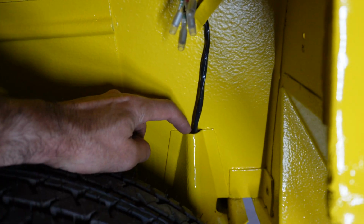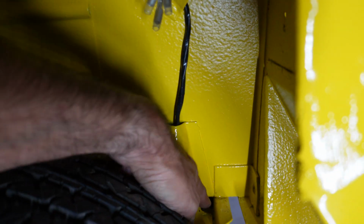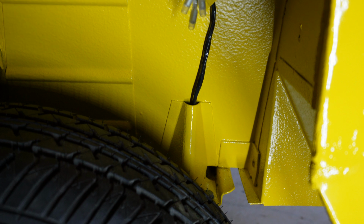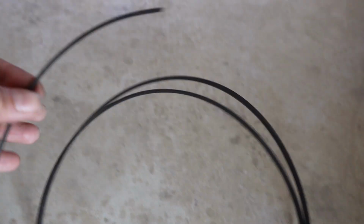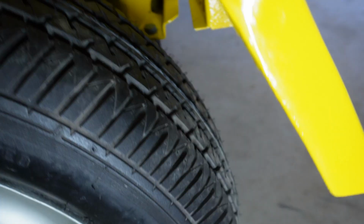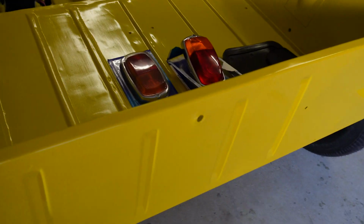You have to thread it through here, get it through here, and then from here you can send it to the other side. What I used to send it through was one of these. It's a plastic strip. Electricians use these to get wires through houses, but this is just a thin one. That was ideal. So get yourself one of them. I think you can get them from Bunnings. Alright, so that cable threads through to the other side